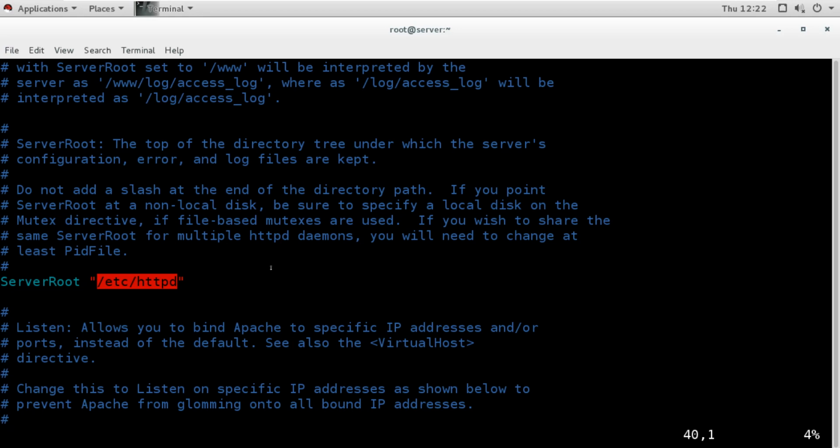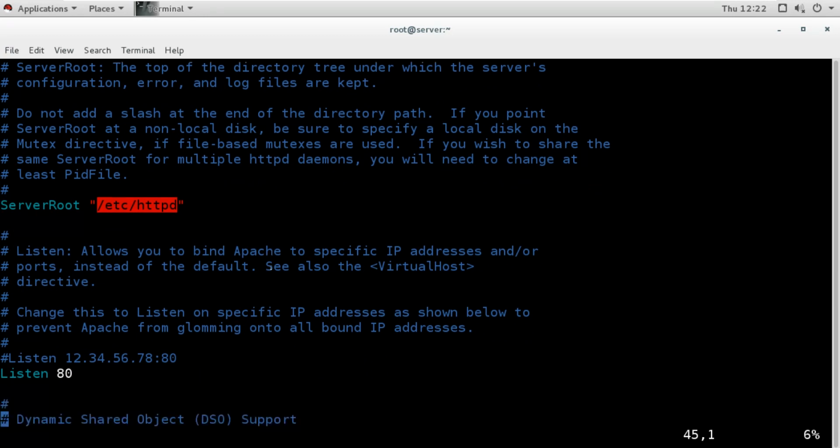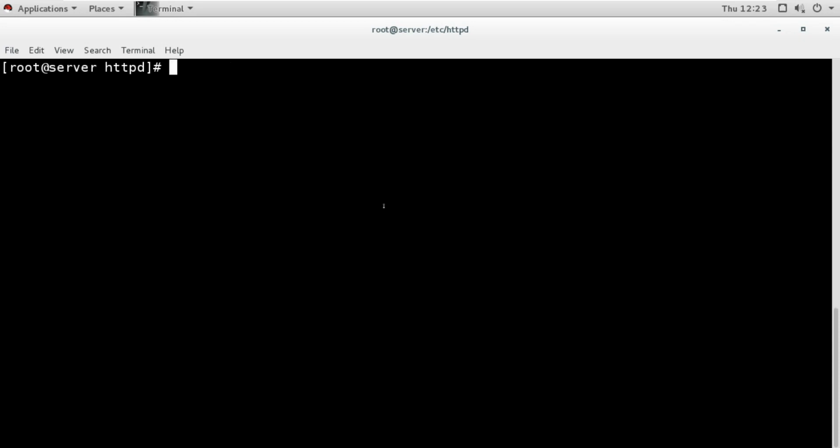Now when we go down here, it says Listen on port number 80. This is the default one, and by default the HTTP port number is 80. So it is going to listen on this port. If we want to change it, we can also do that. By default it will listen on all IPs, that means 0.0.0.0. So if we check right now, the service is running, so when you check the network state,